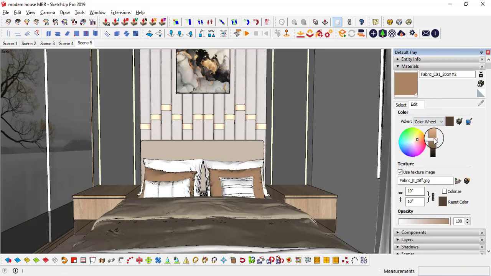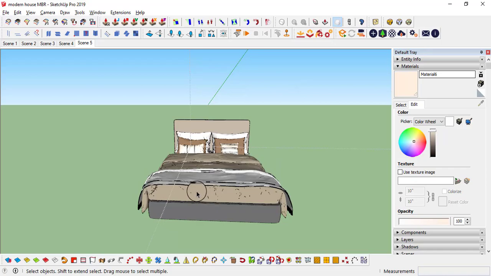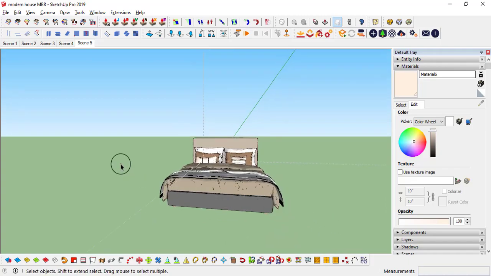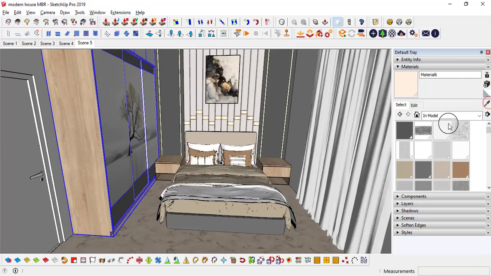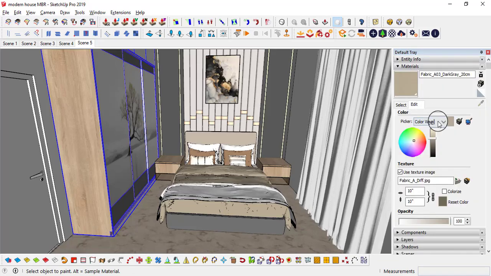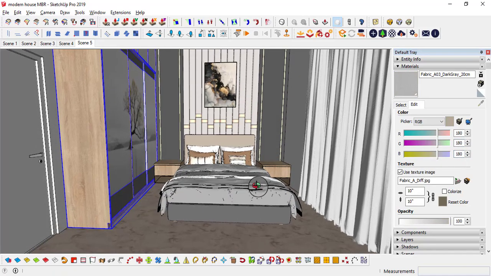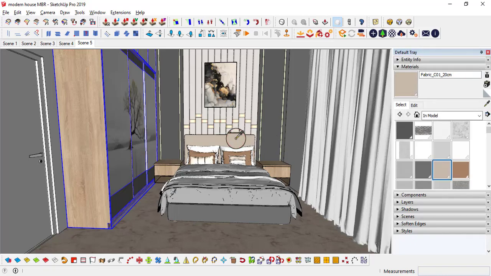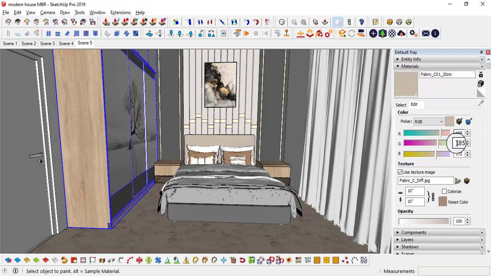Okay, so what do you think of this one? I don't think this one is good. Is it matching or opposite? Okay, how about a light white color, cream, RGB 180, sorry, Control Z, Control C, Control V, light grayish, or you can use the same here. Okay, I will use the same color over here. You don't need to change and apply again and again. Simply you can change with the RGB.